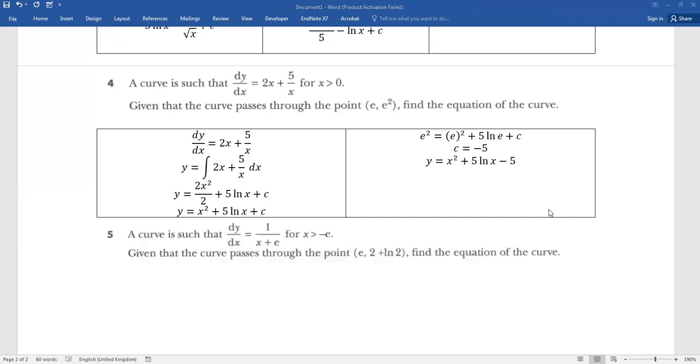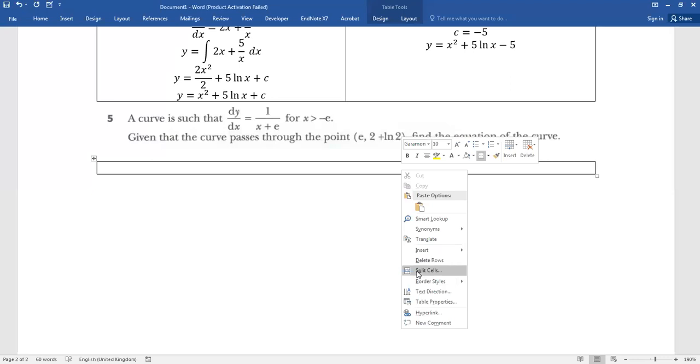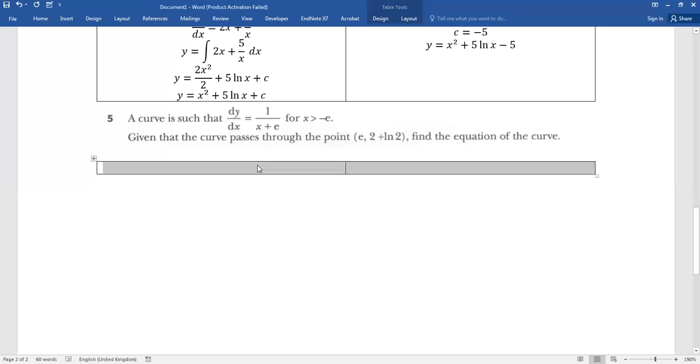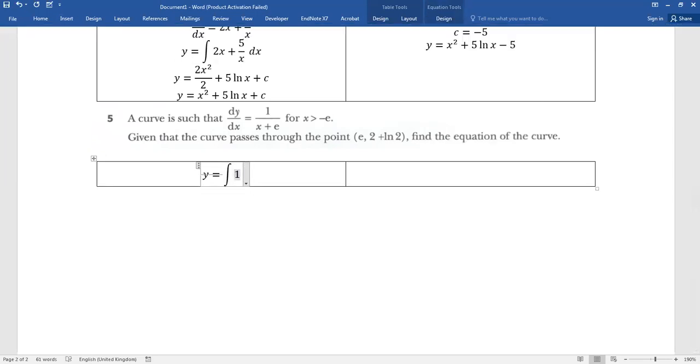On this one, the important thing to do in these kinds of questions is to use the exact values. They're giving you the coordinate: the x coordinate is e, and the y coordinate is 2 plus ln2. And I know I'll get the equation of y once I integrate this derivative, which is 1 over x plus